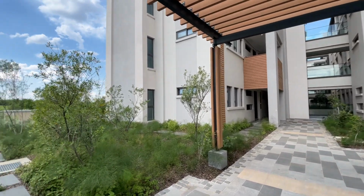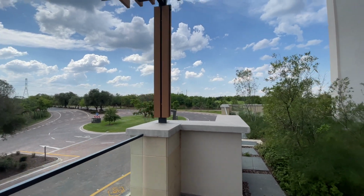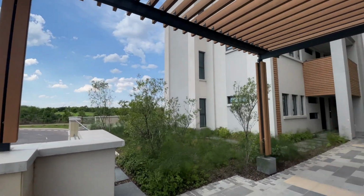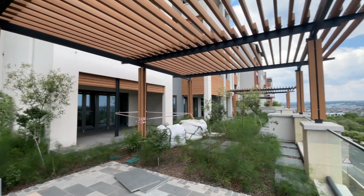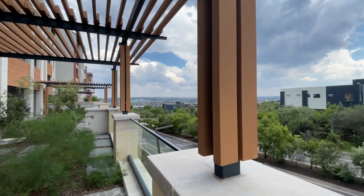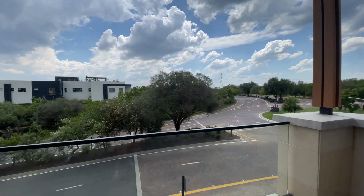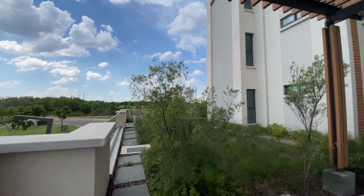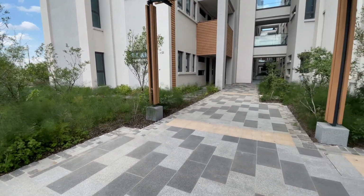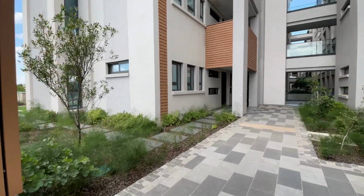So one more look at where I am right now. I'm literally at the end of the building. This is the city center, Steyn City, and you can see absolutely stunning city views. And what you can also see is the lagoon just across on that side. And now I'm going to head for the unit that I'm going to be showcasing, and this is a 2-bedroom